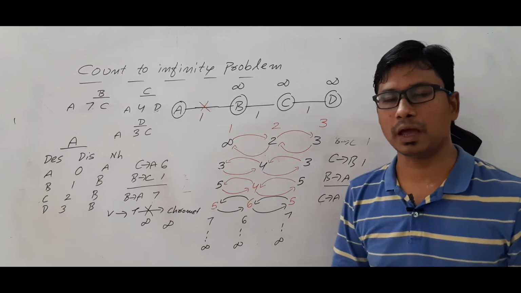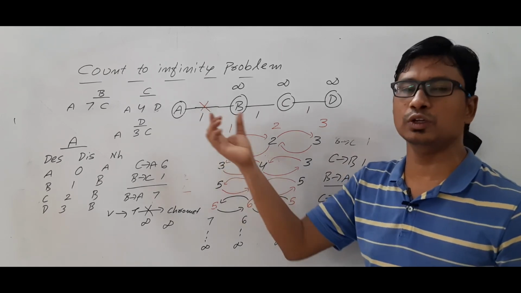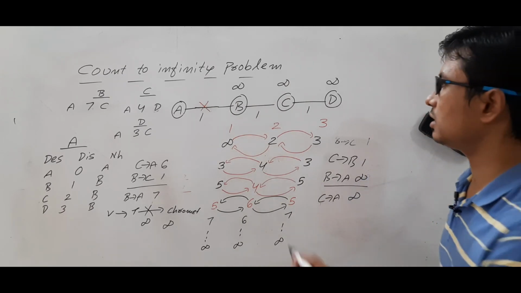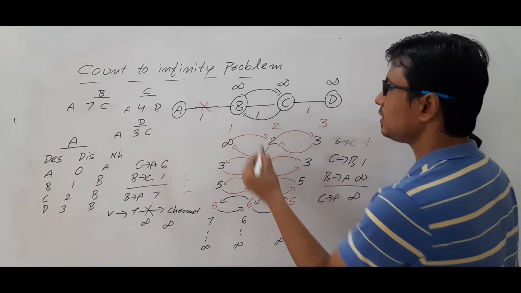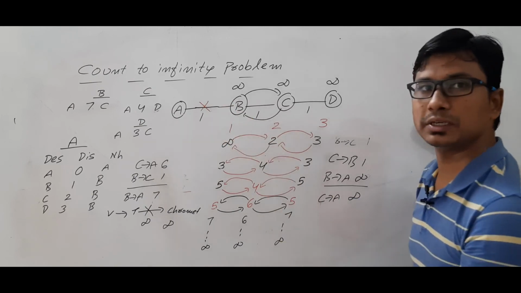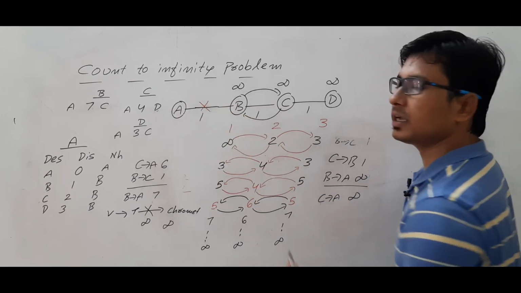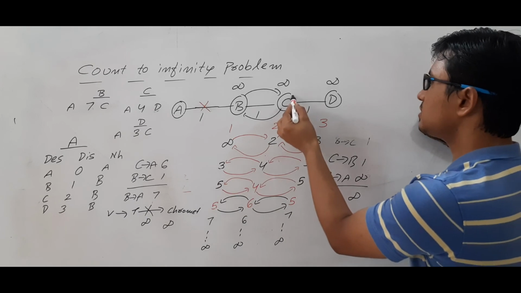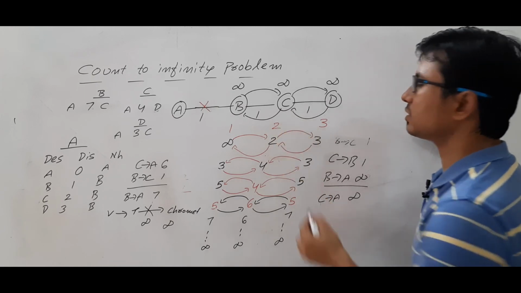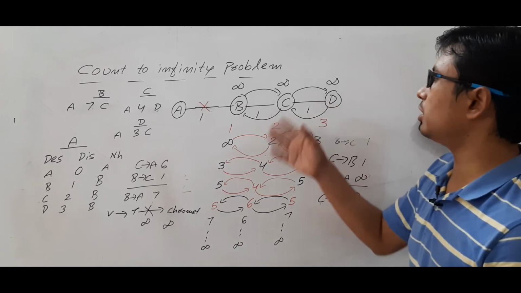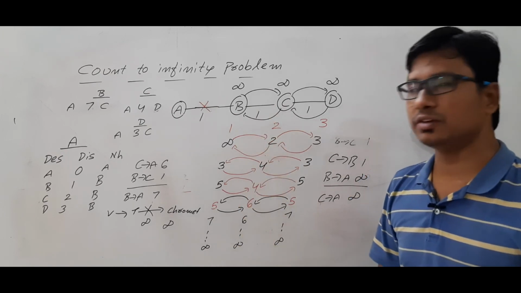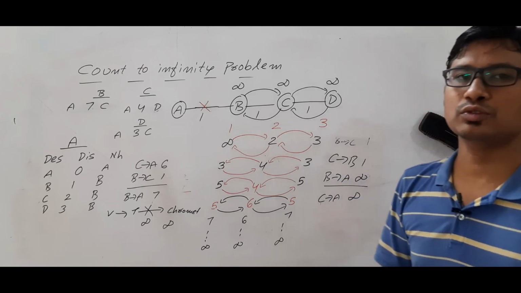This is a real problem, am I right? If there is a link problem, you should get the information immediately. However, in distance vector, it is going in a loop. C is thinking that it can reach A via B, and it will send the information. B will think that it can reach A via C. Similarly, C thinks that it can reach D via A, and D can reach A via C. Am I right? So this keeps on updating and you are getting loops. Are you able to understand? You are getting a loop, and the infinity happens only after so many iterations.